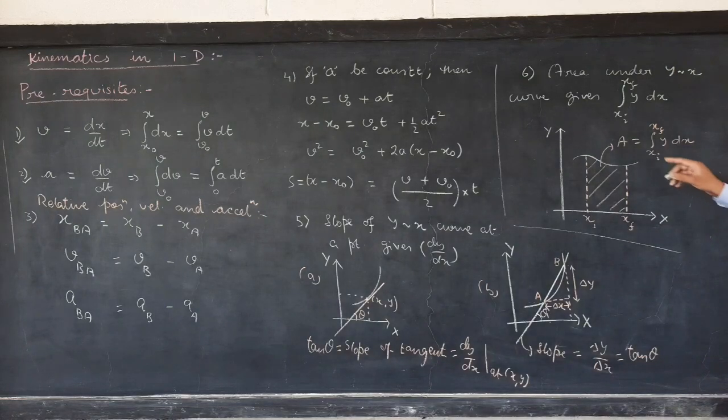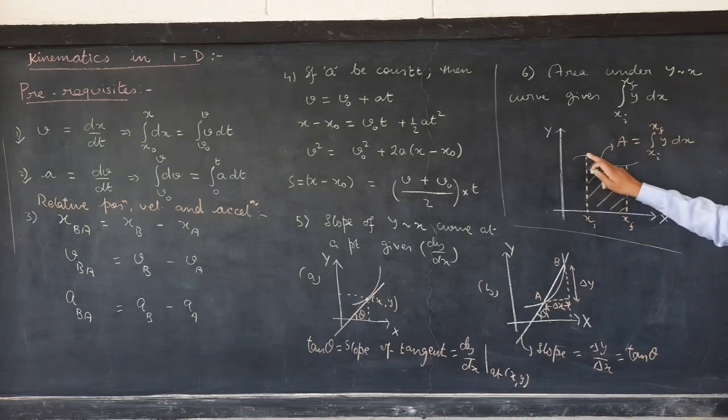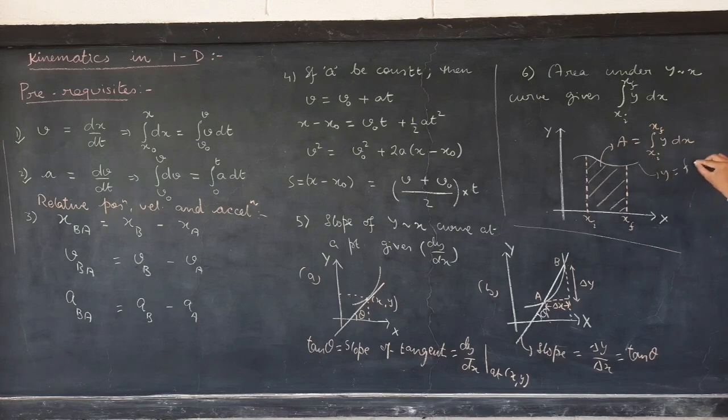Likewise, we have the concept of area under a curve that is related to integration. If we have a graph between y and x and there is some sort of curve, whose equation is y equal to, say, f of x, we mark 2 points on the curve whose x coordinates are xi and xf. In between these lines, the x-axis and the curve, there is some bounded region. This area of the region A is given by the integration of y dx from xi